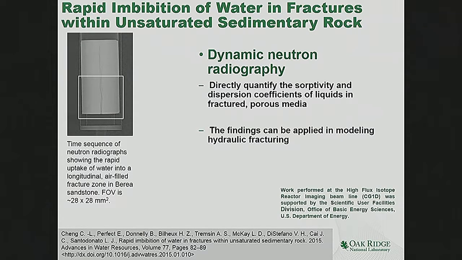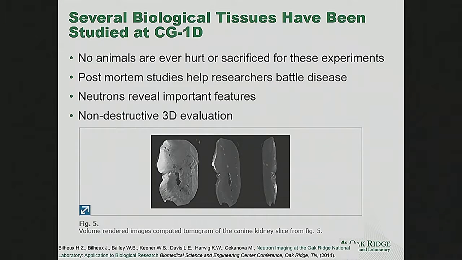This was done with the MCP detector because we were acquiring it rapidly. Biological examples. So we don't hurt any animals. I wanted to make sure anyone thought of that. But there's a lot of biological studies that have been done, especially in the early days. And this is where Hasina really started this instrument and formed some collaborations, a lot of them